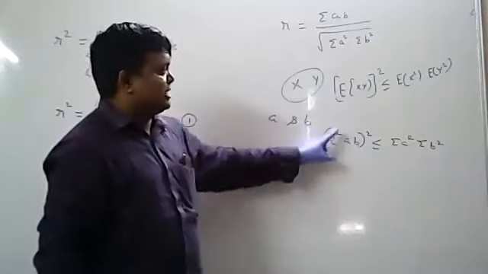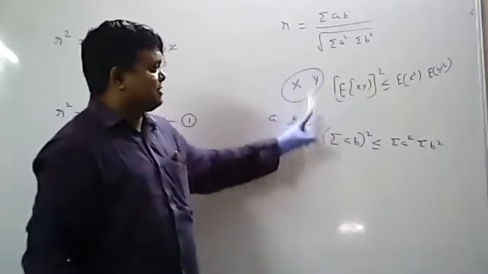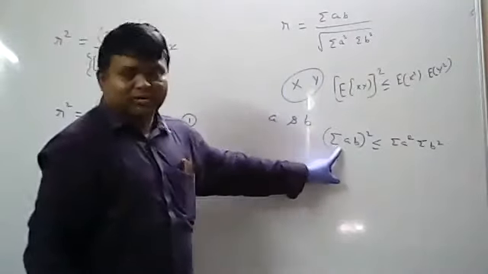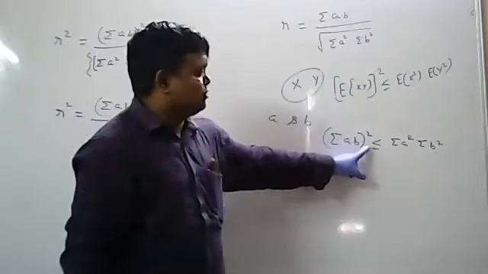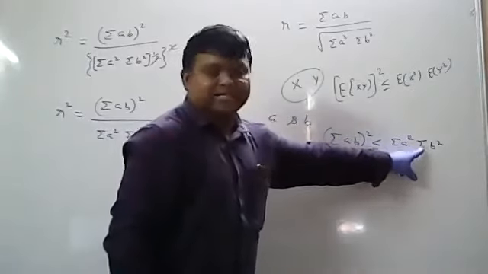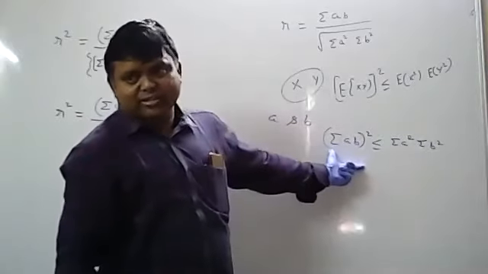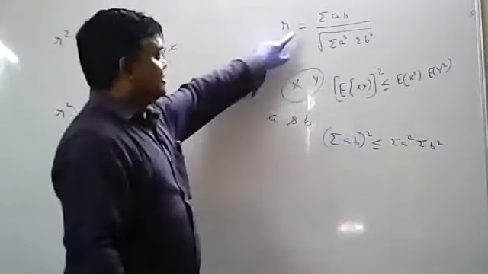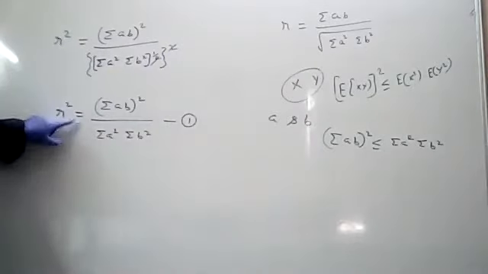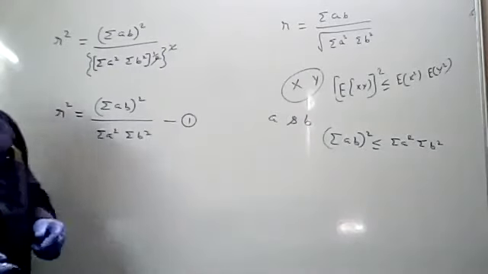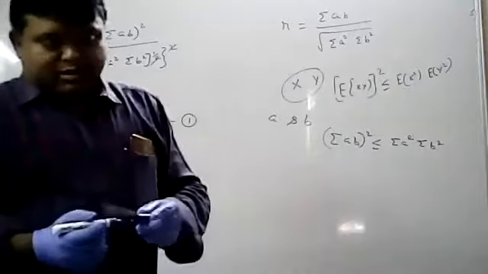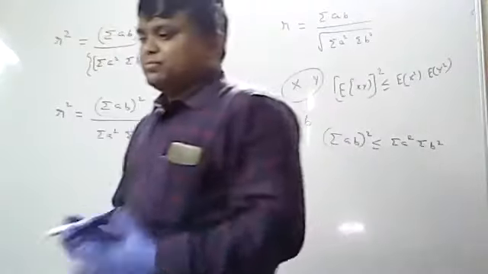Now in terms of usual notations, in place of X you have A, in place of Y you have B. So what is the Cauchy-Schwarz inequality? Summation AB whole square is less than or equal to summation A square into summation B square. This is called the Cauchy-Schwarz inequality for the constants A and B. Now write down next. This one is completed, I think. After that, write down: for the constants A and B.